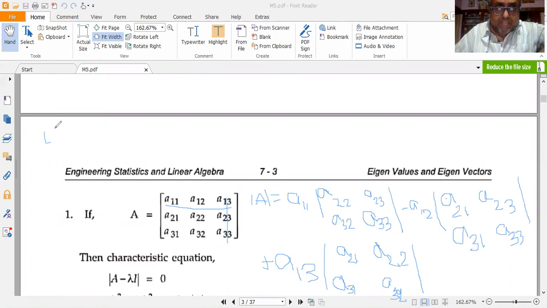So determinant of A. So A11 times a 2 cross 2 determinant. What is the value of a 2 cross 2 determinant? The determinant of this 2 cross 2 determinant is simply given by A22 A33 minus A32 A23, or A22 A33 minus A23 A32. So this can be written as